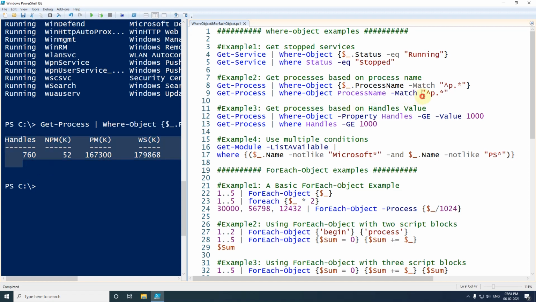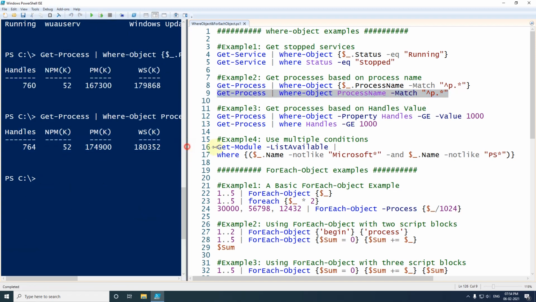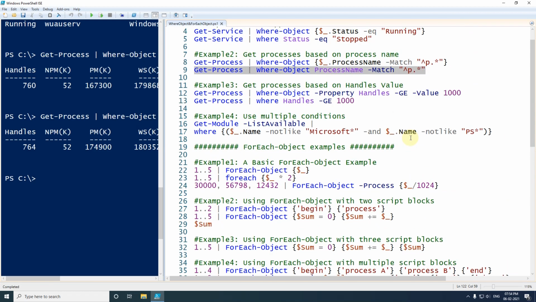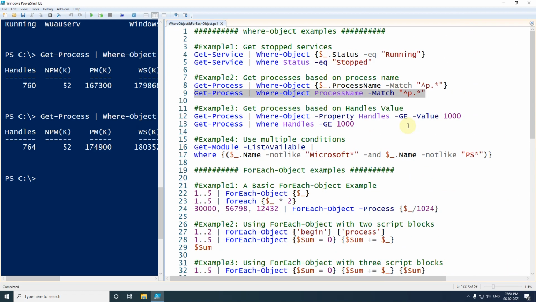In the same way, if I execute the next example, here also I will get the same output. You can see we have got the same output, PowerShell_ISE. And now we can use a different operator. We have lots of operators in PowerShell, and while using Where-Object we can use any of the operators. In the first example I used equal, and after that I used match.